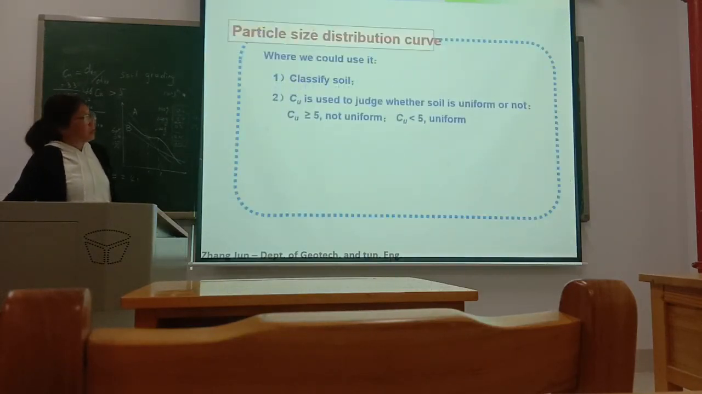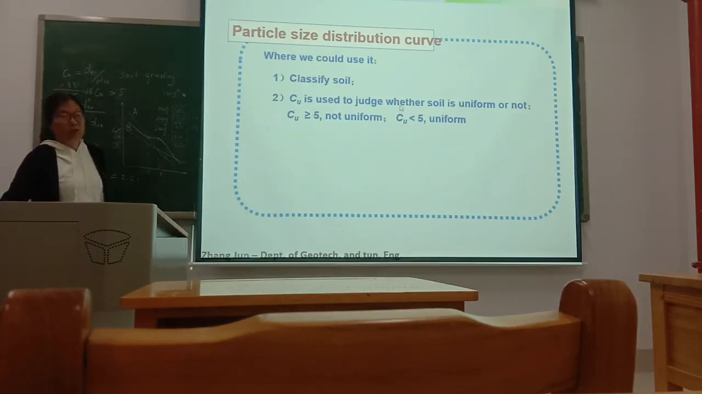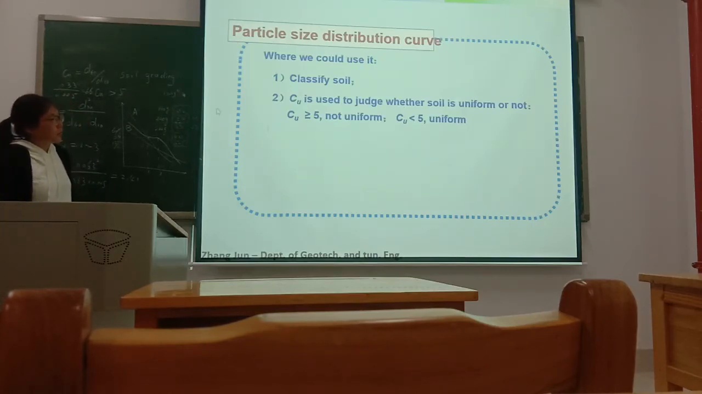So, from the particle size distribution curve, we can classify soil. Using the curve, we can classify soil. Cu is used to judge whether soil is uniform or not. Cu more than 5, not uniform. Cu less